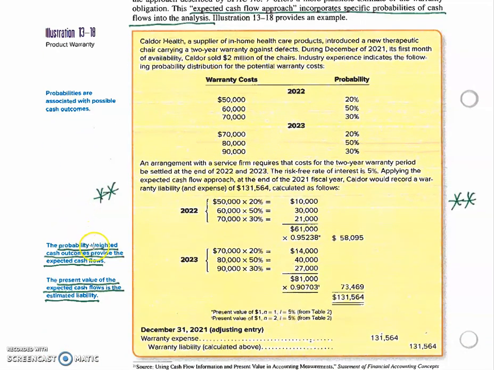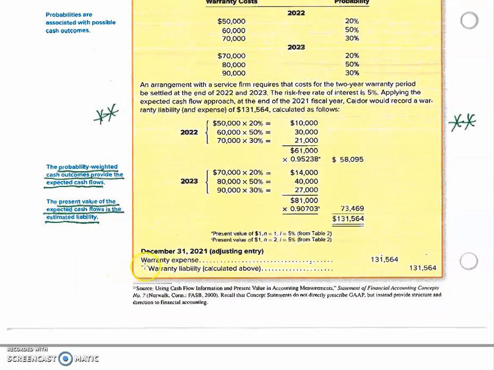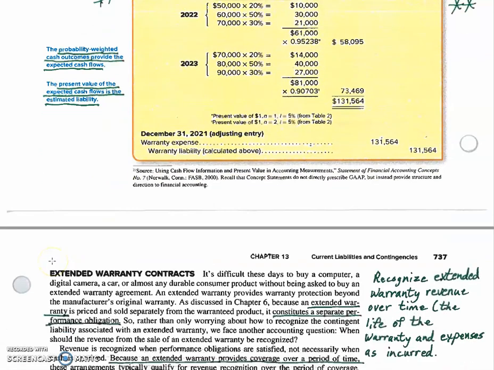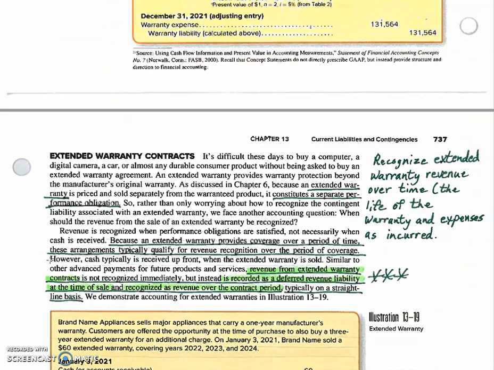Now, sometimes companies have enough experience that they don't have to go through these various amounts and the probabilities. They may have enough experience to just say, we think experience shows us it'll be 3% of sales or something like that. There's the journal entry: debit warranty expense, credit warranty liability. Now, extended warranties,